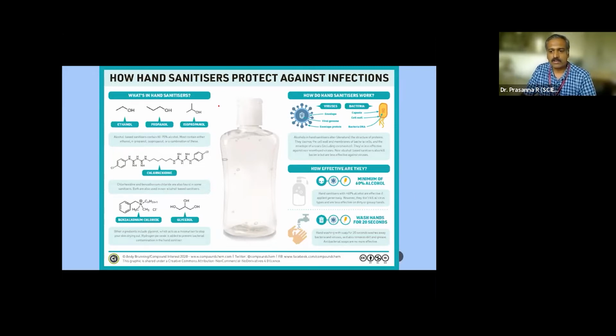On the drug or medicine part, what is quite well known currently is the hand sanitizer. Everybody is using that. So what is that hand sanitizer? Basically, it has ethanol, or some sanitizers have propanol or isopropanol. And there are certain sanitizers which are non-alcoholic, like the example given here, or some others more hydrophilic in nature, like benzalkonium chloride or glycerol, which is most likely viscous in nature as well.